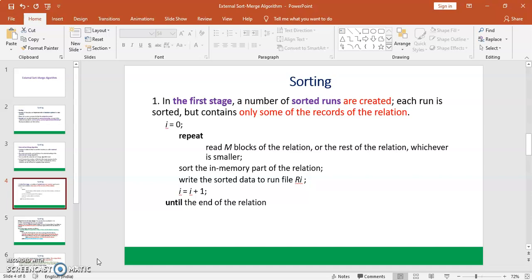In the sorting procedure, initially a variable i is set equal to 0. Then we enter into a loop.